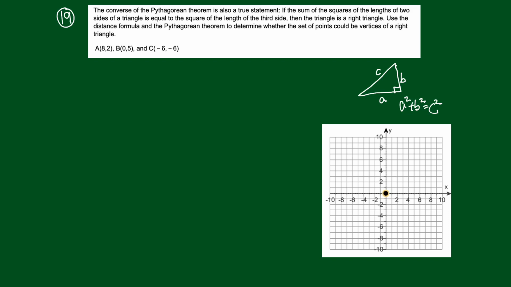So how about this? Here's one point, second point, third point. So 8, 2. So to the right 8, up 2. There we go. And then the second point is 0, 5. So no horizontal movement, start at the origin, but up 5. Right there. And then the third point is negative 6, negative 6. So to the left 6, down 6. I think it's right here. Okay, so if I connect those,